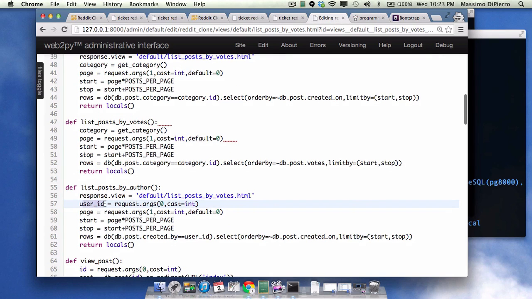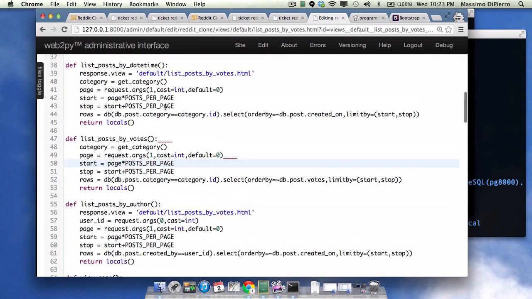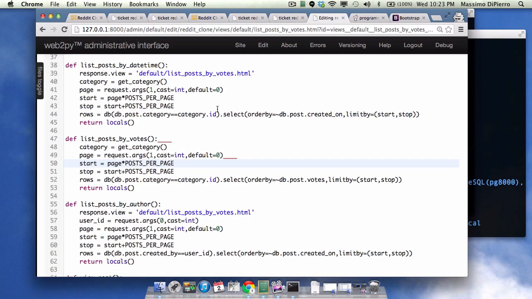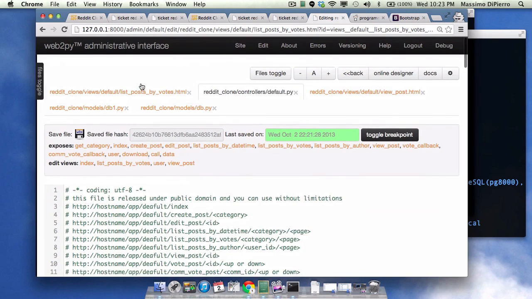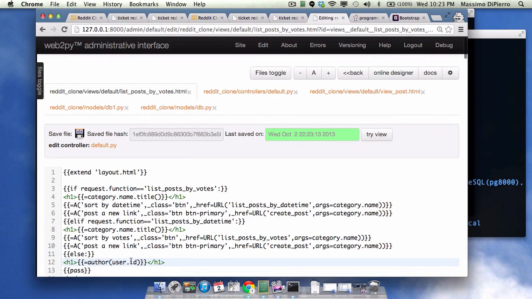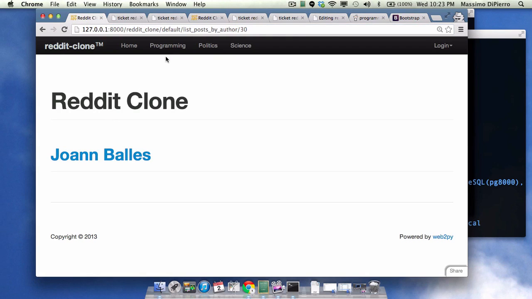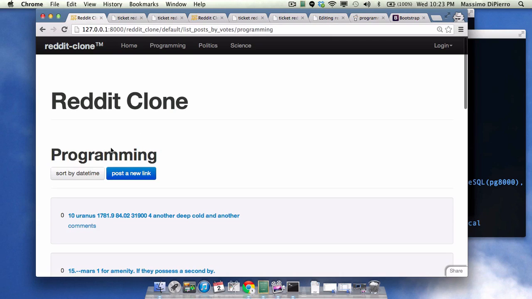Oh, here the user ID. Try again. Okay. So I can look at the programming, and I get this view, and here should say sort